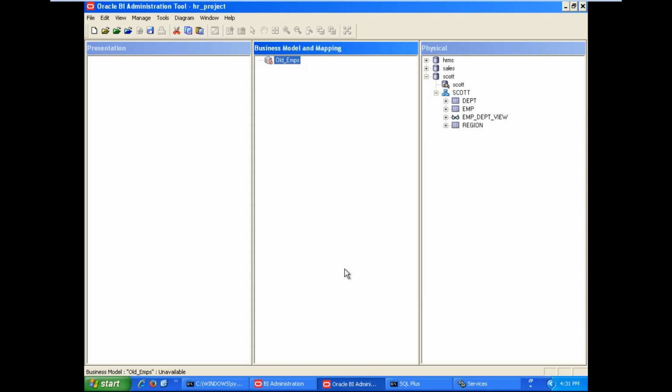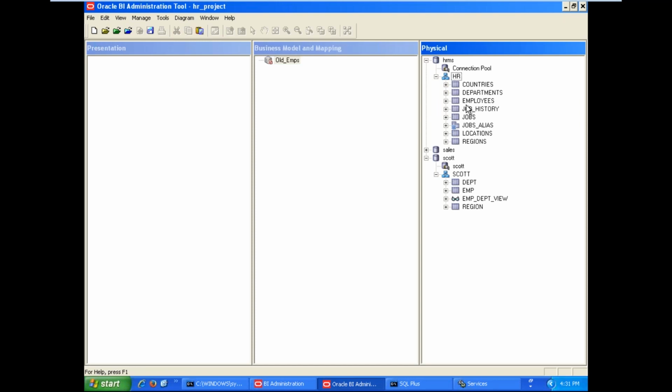My requirement is to get old employee details from this business model. Old employees means employees who joined 5 years back or 10 years back in the various departments. Here derive the business model logically in the form of star schema. What is star schema? One fact table surrounded by multiple dimension tables is called a star schema, and the dimension tables are denormalized and the fact table is normalized. From this HRMS, our requirement is to find out old employees. Employee details are available in the employees table. Drag and drop it here. And here we need to get the old employee details based on departments.